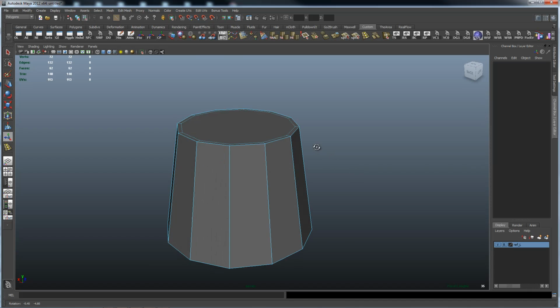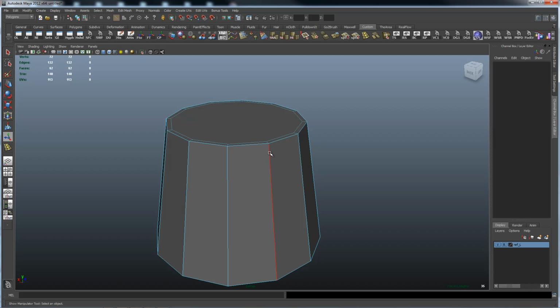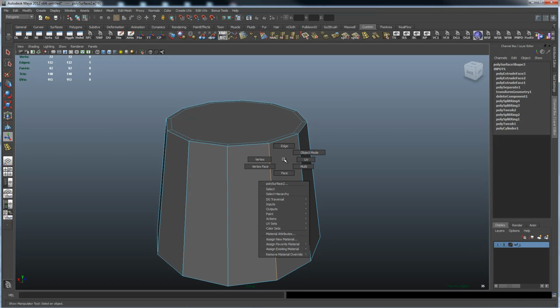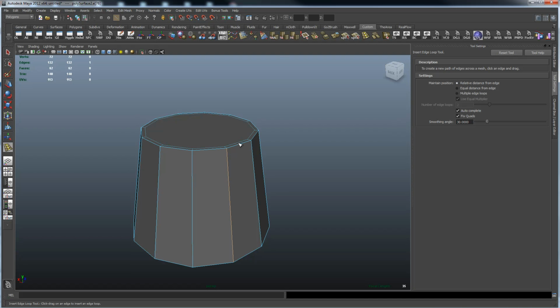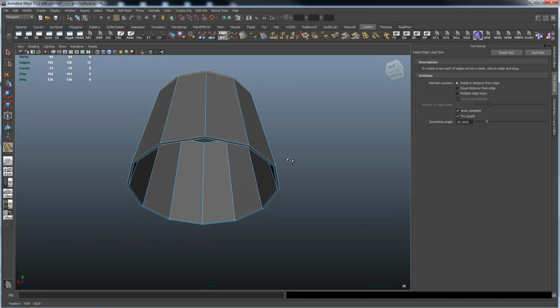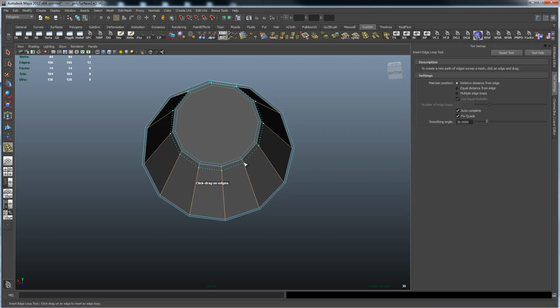And then now if I go to smooth it, it gets a little better, but it's still kind of soft around these edges here. And so to make that a little tighter, we're going to select one edge, Shift right click, go to Insert Edge Loop right here. I like to look at options. Relative is fine for this. So we're going to throw an edge in right here,